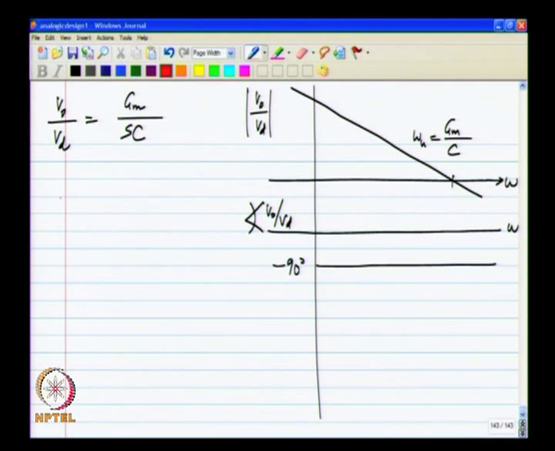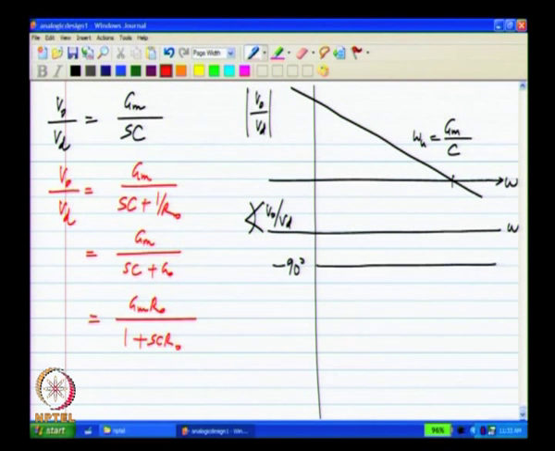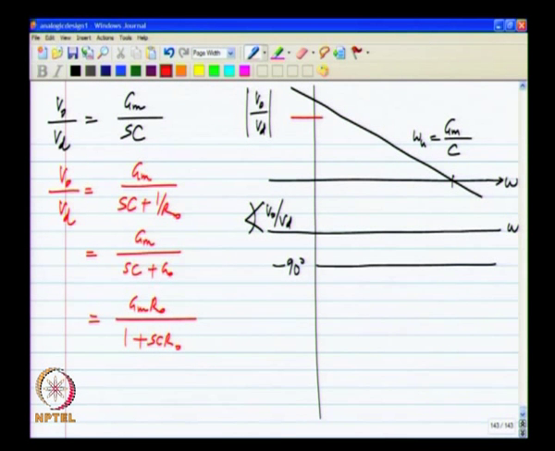Now, what happens in practice? We will get, this could also be written as Gm by Sc plus G naught, or in a number of other ways, or Gm R naught by 1 plus Sc R naught. So, first of all, at very low frequencies this does not go to infinity. So, it goes to Gm R naught, and